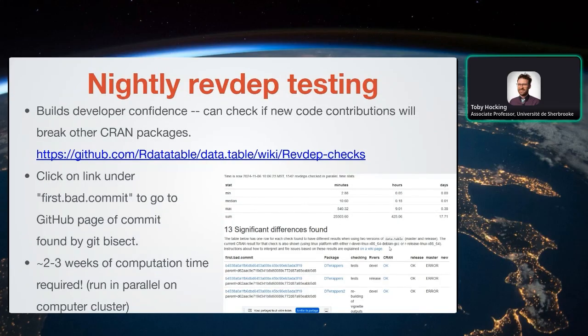The other interesting kind of testing that we're doing these days is nightly reverse dependency testing. To make sure that data table is compatible with all of the packages that depend on it, we run reverse dependency checks every night on the compute cluster. There's, like I said, about 1,500 other packages that depend on data table. We run all of their checks every night with our recent development version. And then we have this report that summarizes any